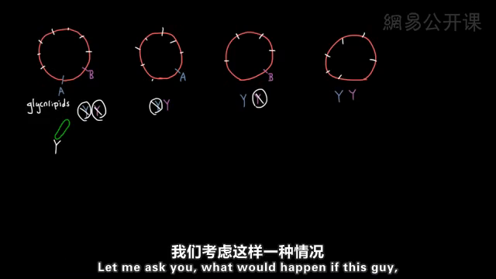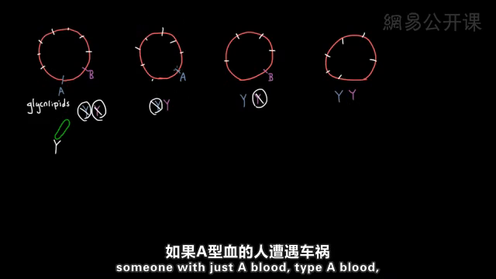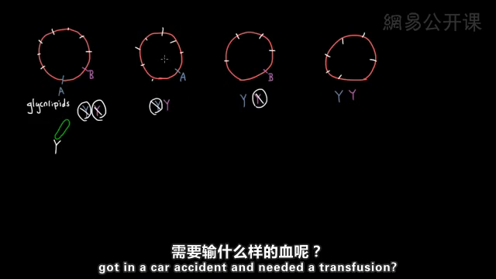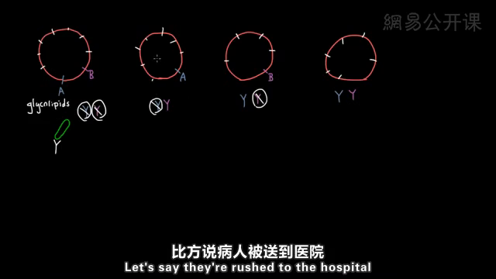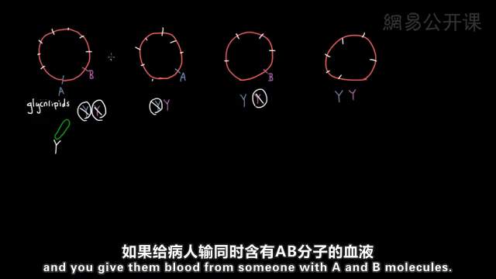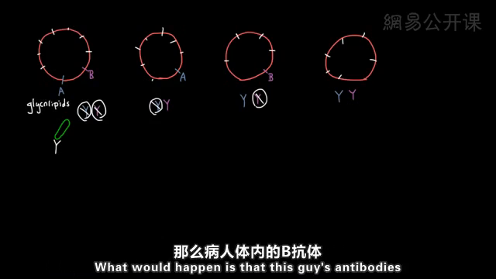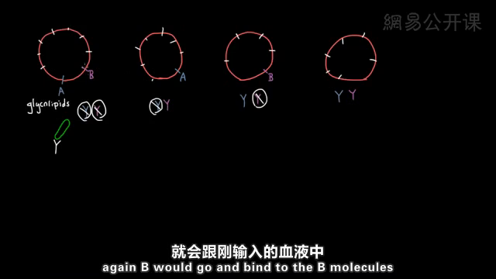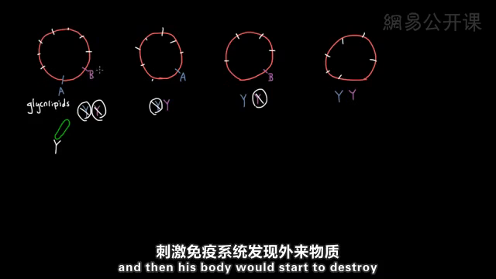So now let me ask you, what would happen if this guy, someone with just type A blood, got in a car accident and needed a transfusion? Let's say they're rushed to the hospital and you give them blood from someone with A and B molecules. Well, what would happen is that this guy's antibodies against B would go and bind to the B molecules on the blood that he's just received, and then his body would start to destroy all of these cells